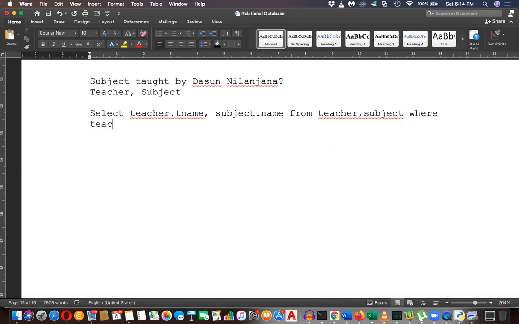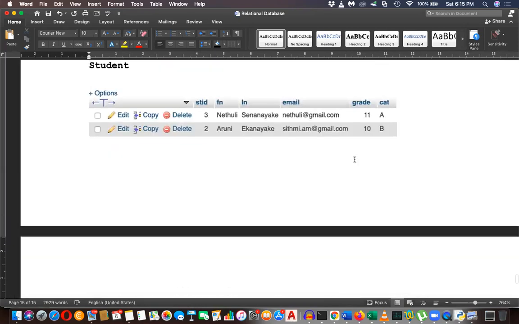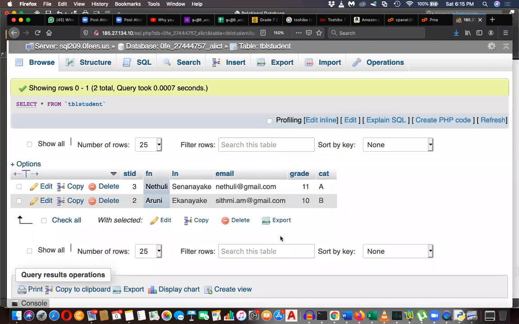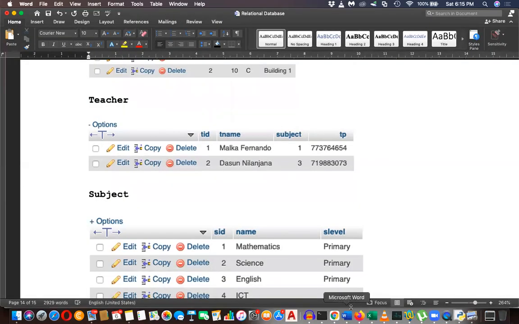Which key of the teacher table is related to which key of the subject table? I already showed that, this is the relationship. This is the primary key and this is the foreign key. You have to give that relationship first.